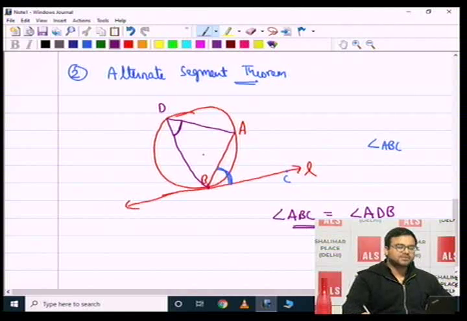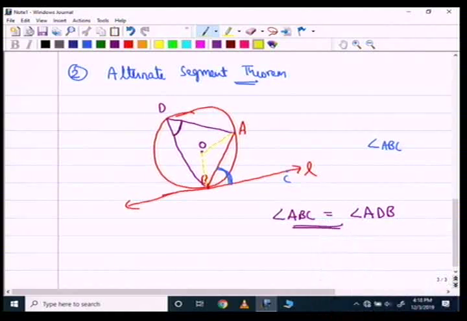And how can we prove this one? We can prove it like this. Suppose this O is the center of the circle, and we join this OB and OA. We know OB is the radius and L is the tangent. So it means the angle between the radius and tangent is 90 degrees. So if angle ABC is, let's say, theta, then the remaining angle is nothing but 90